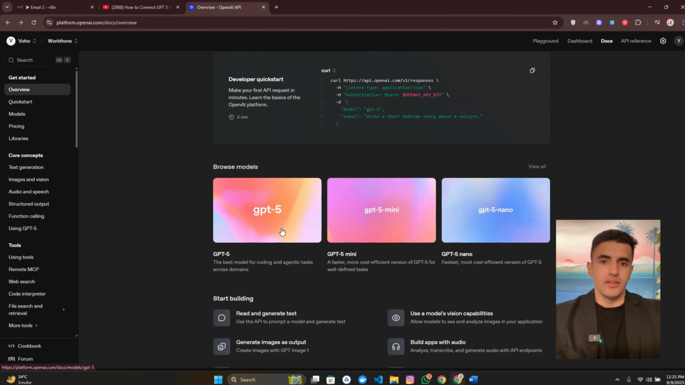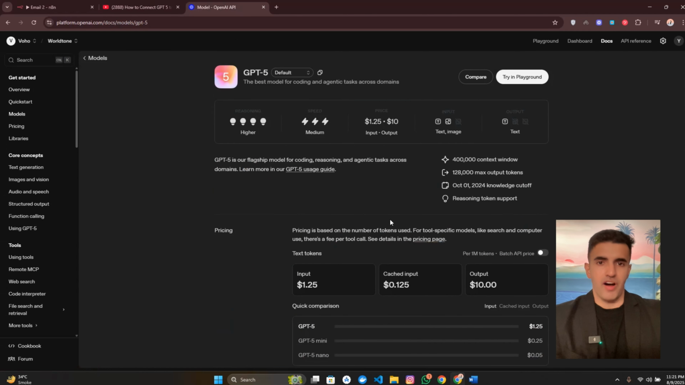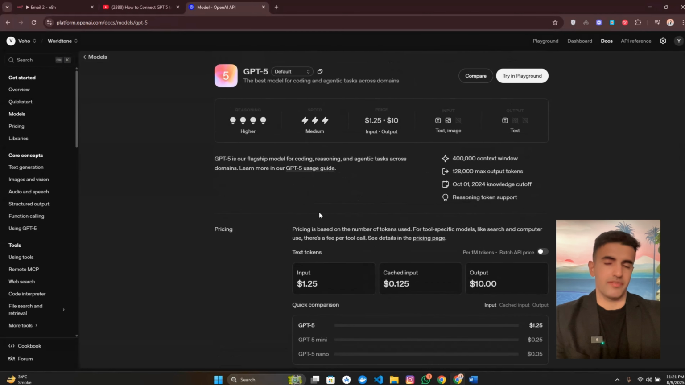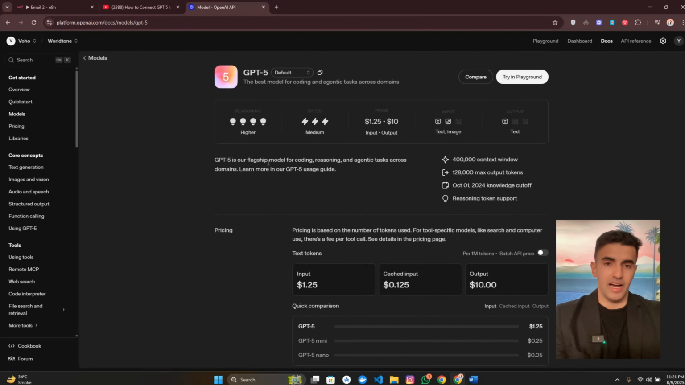So we've got other models, GPT-5, GPT Mini, GPT Nano, all of these models with a lot of different use cases and prices. As you could see, input, output, 0.15 output. This is obviously